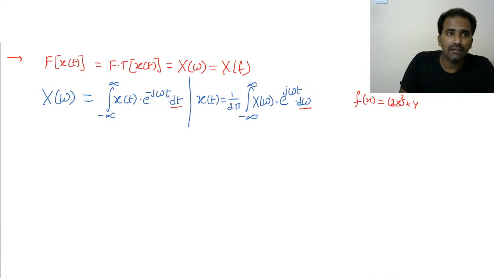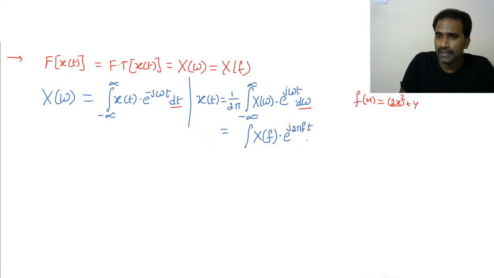Let me write one more variant of this inverse Fourier transform formula, and that is to replace omega with 2 pi f. If you replace omega with 2 pi f, x of omega will be x of f only now. It is better to write it as x of f. There is nothing wrong in writing it as x of 2 pi f, but since the variable is f, we can also write it as x of f. Omega replaced with 2 pi f, so we can simply call it x of f. Just replace omega with 2 pi f everywhere. So here also replace omega with 2 pi f